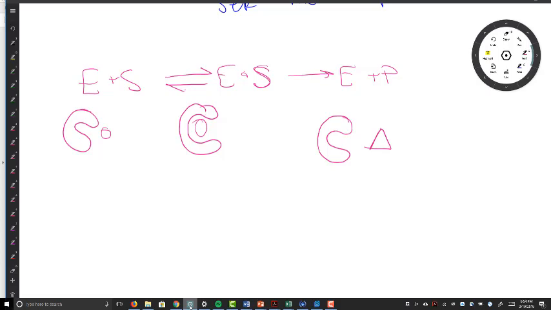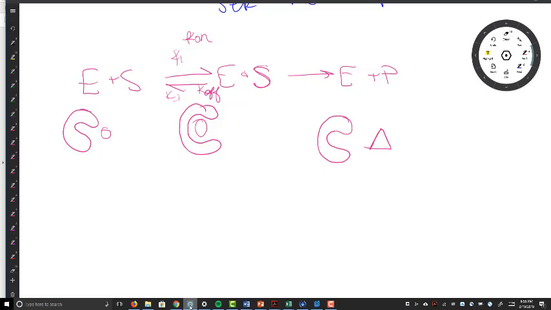Okay? So this step, we call this the K1 and the K minus 1, but if you look in the enzyme literature, we also see these referred to as the K on and the K off, because it's the rate of the substrate going onto the enzyme, and that's the rate of the substrate popping off of the enzyme. Okay, so